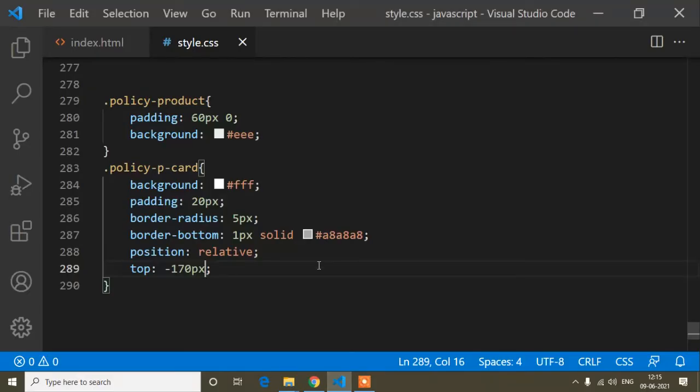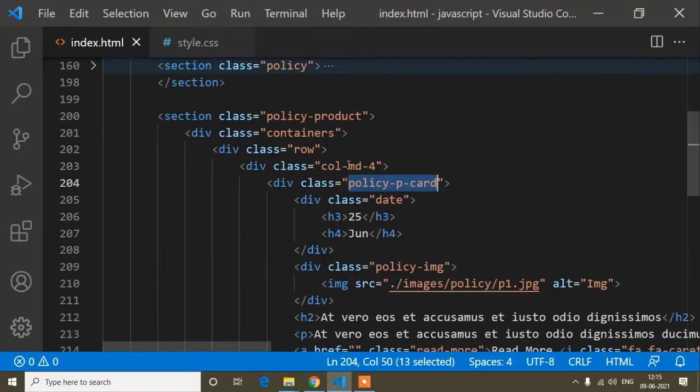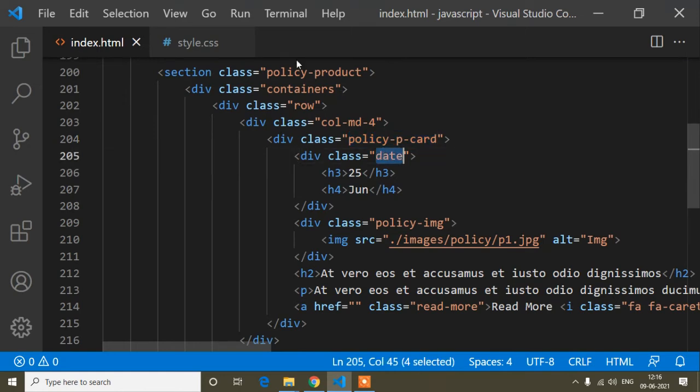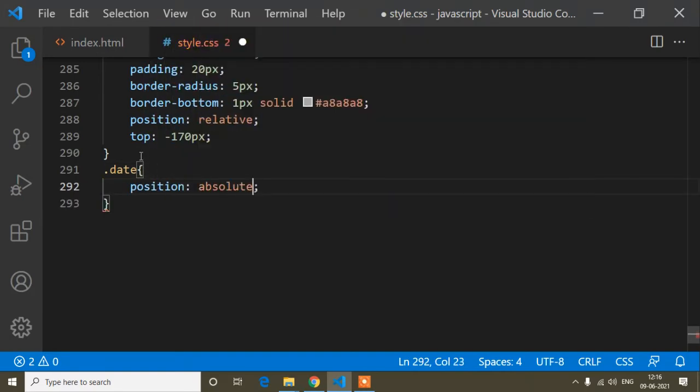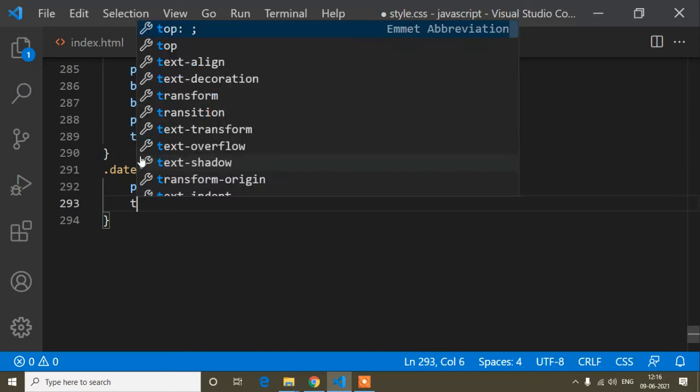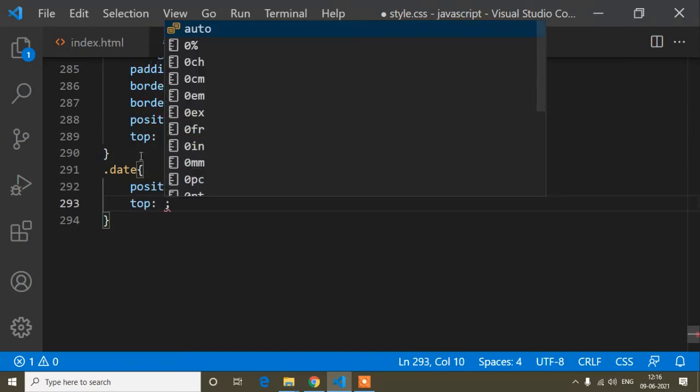And now guys, here I will write the next CSS. So this one, the date, I will copy this one and paste it here, and I will write position absolute, because I will make this div float. So position absolute, and when we write position absolute or relative, we set the top and left.